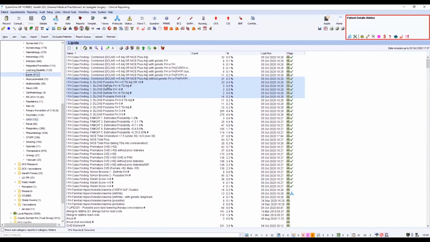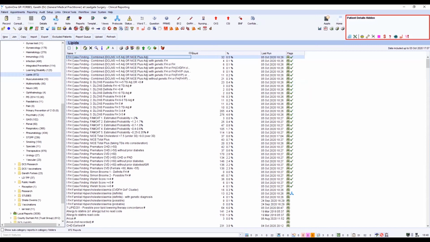More specifically, just thinking about familial hypercholesterolemia. So we can see some reports here that we've used to identify patients with potential FH. We've designed a system based on an iterative process, looking at a number of different approaches to identifying these patients, and have come up with our sort of composite CDRC identification search, which is here. But really importantly, you can then subdivide this, so we can exclude people who've already got a diagnosis of FH, whether that be genetic or clinical,